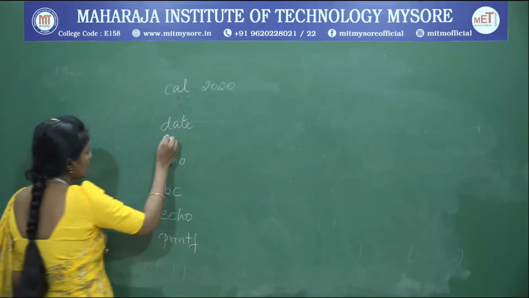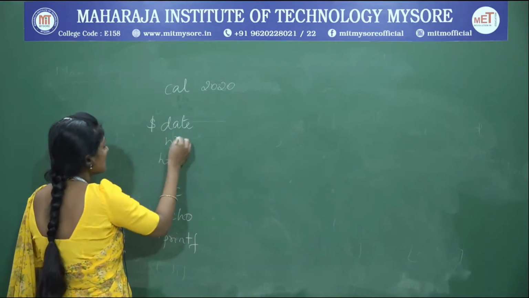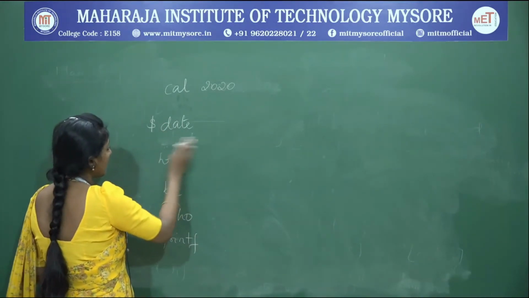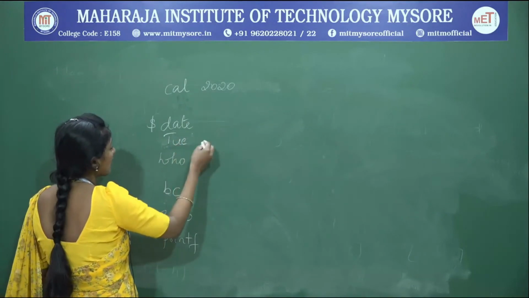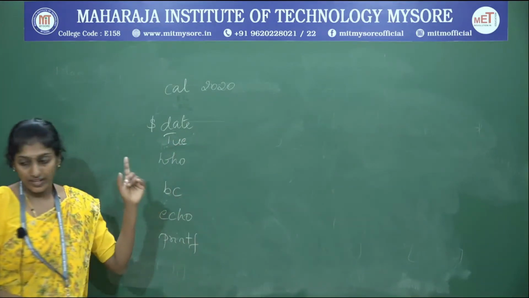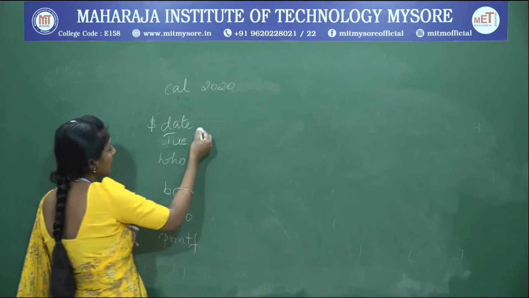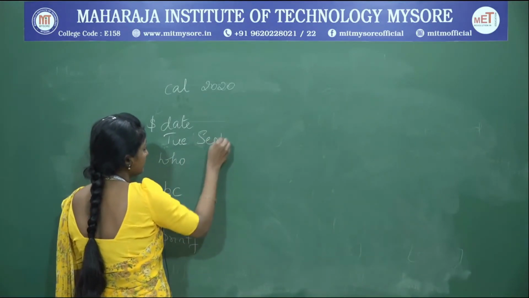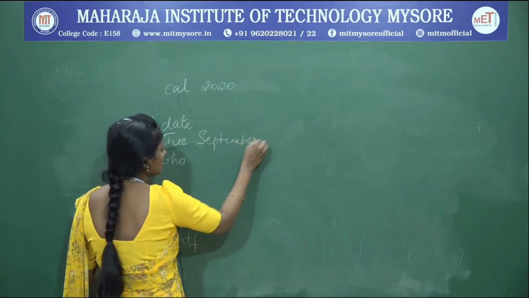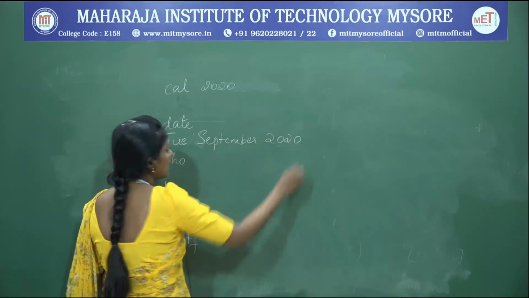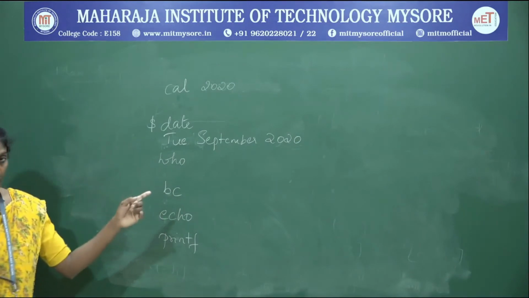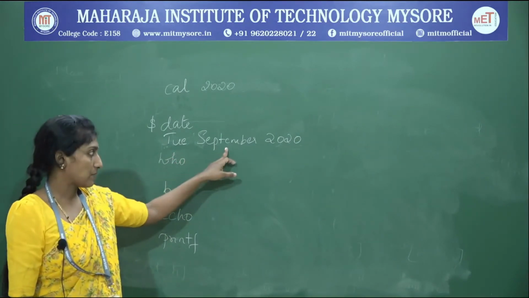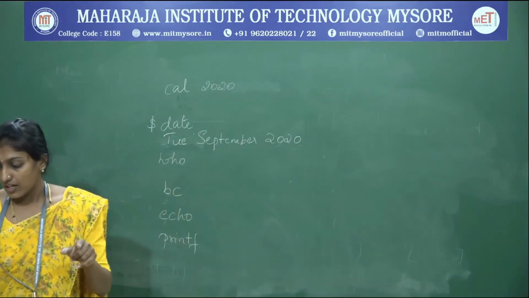So what is it going to show me? Since it is Tuesday now, today is Tuesday, the month is September, the year is 2020. First it will display the day, next the month, next